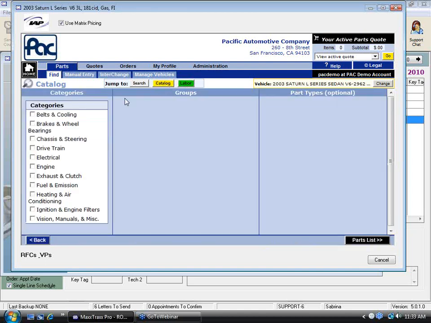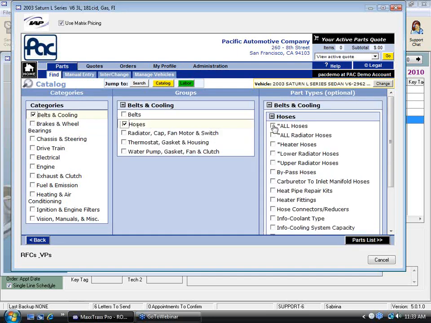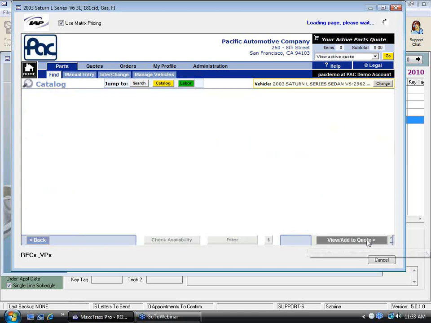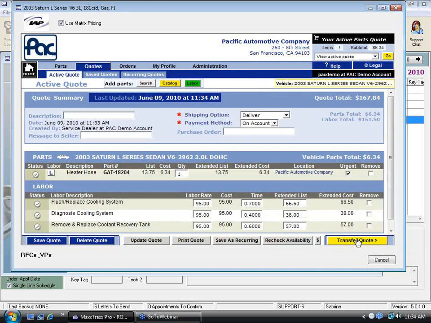I'm going to go back to my catalog. Belts and cooling. Let's say all hoses. Quick parts list. Okay, here we have one. We'll bring this heater hose over just for fun. View and add to quote. So I'm adding it to my quote. Now when I hit transfer quote,